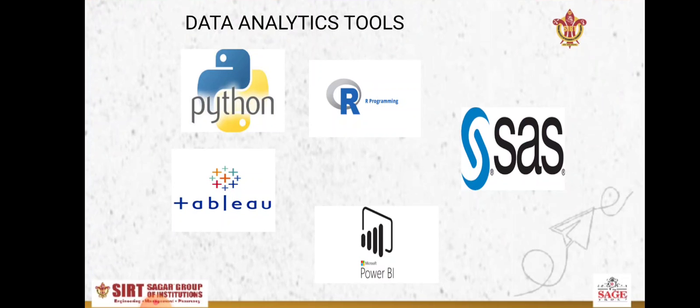Coming on to the tools, as we discussed in the data analysis step, there are different tools available for analyzing the data, right? So what are the tools which are available? I have showcased some of them, though there are many tools in the market, but the most common tools are Python. Python we are aware of, it is an object oriented language that supports a range of libraries. In Python we have a large range of libraries for data visualization and data modeling, and that makes Python a comfortable platform for analyzing the data.